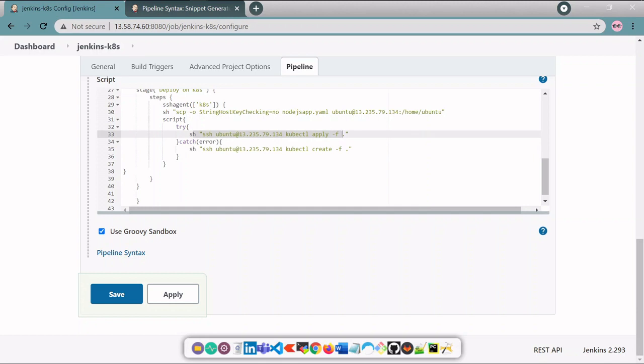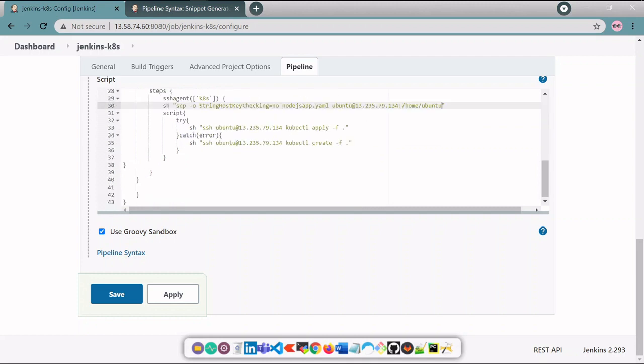If resources are not available on the Kubernetes cluster, it will come to the catch block and run the kubectl create -f dot command. So it will create the resources, and from then onwards we'll just run the apply command. This dot means pick the YML file from the home Ubuntu location where we have copied the YML file.